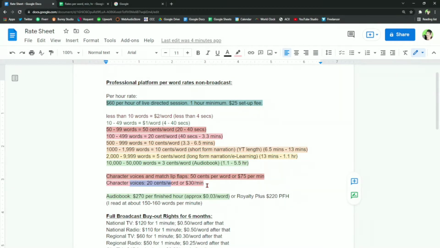They want an exasperated sigh, or just a bibble babble of, oh my God, and sometimes roars and growls, right? And things that don't necessarily correlate to a certain amount of words. So I have a per minute rate right there. That is if we're not doing a live directed session, of course. If I'm matching lip flaps, that's 50 cents a word. It's a lot harder to do.